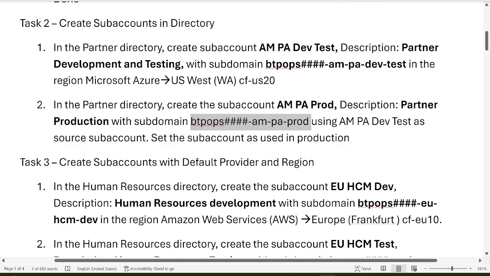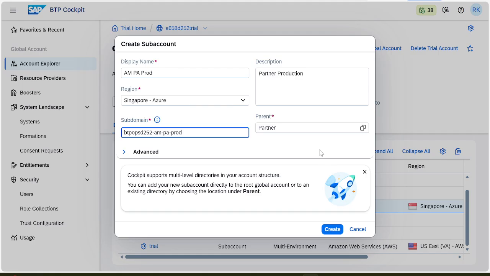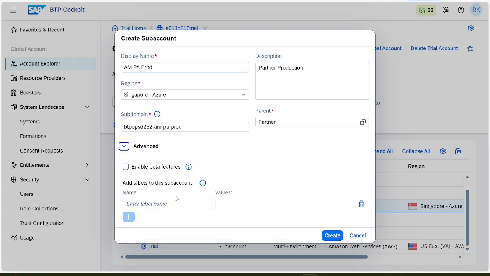In the partner directory, create the sub account with description and subdomain using dev test as the source sub account. Source sub account, go here. Nothing is there. Add a label to this sub account. Label is not there.